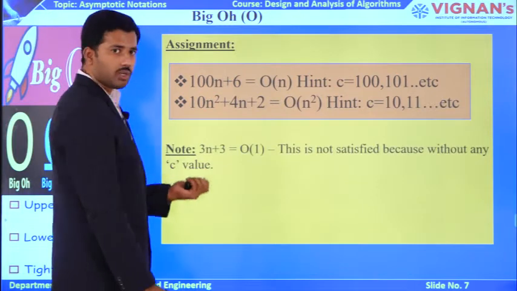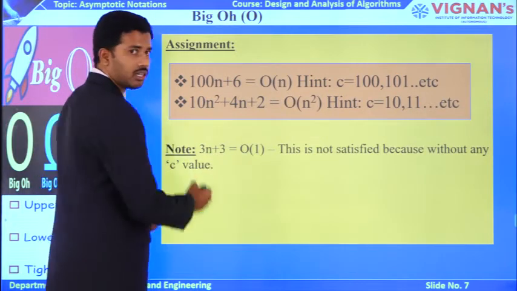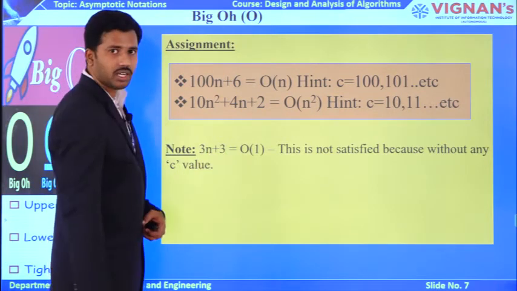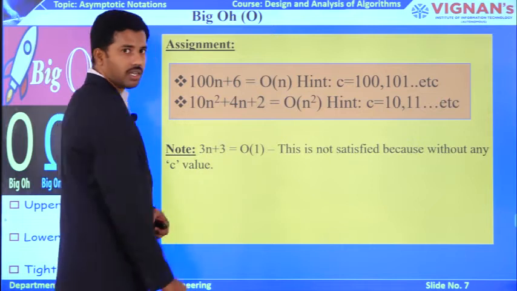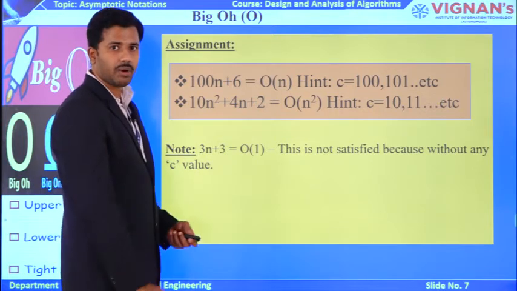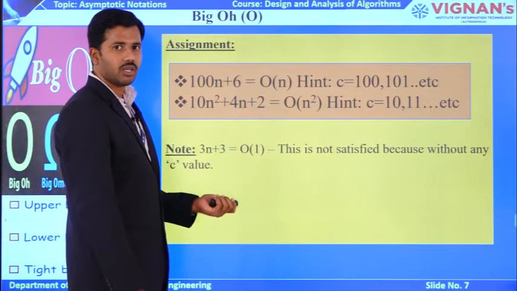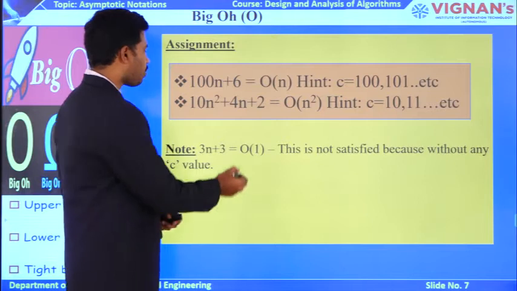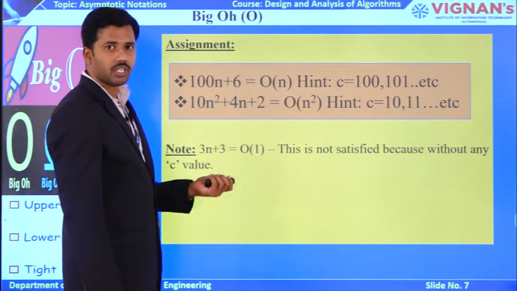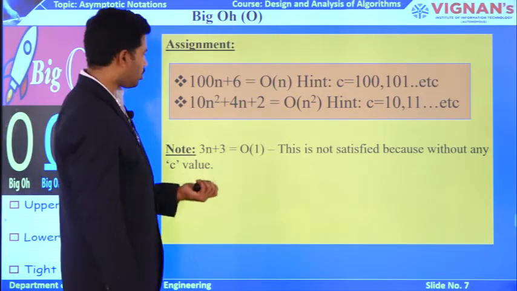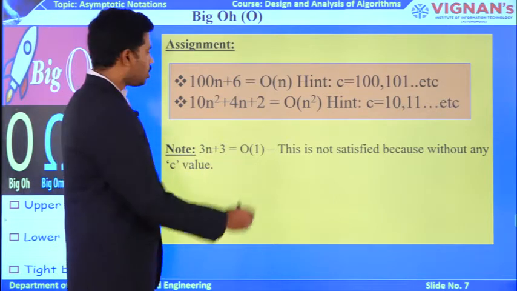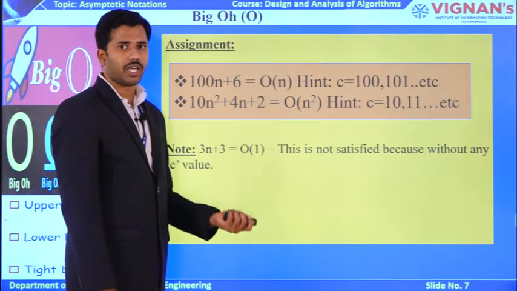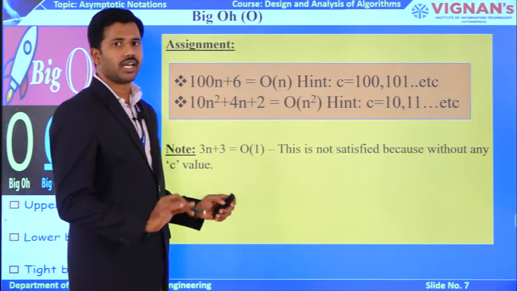Now, try to observe this problem. These types of problems you will get in your campus placement online exams. What is the f of n value they gave? 3n plus 3. What is the g of n value they gave? G of n is constant. It doesn't have any power. So, these types of relations will not be satisfied because constants can be neglected. These types of problems you will get in campus interviews to confuse you. So, be aware of these problems also. If there is a constant at f of n as well as g of n, ultimately it is not possible to apply our notations. Why? Because constants are negligible.